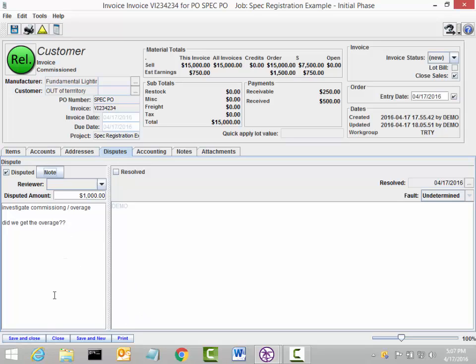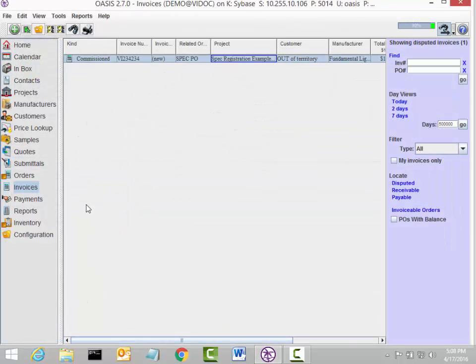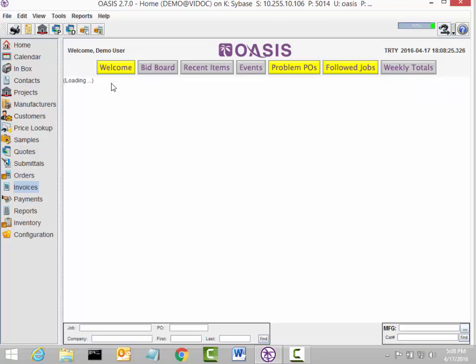The way I remove it off the list of disputed invoices, I click resolved and just identify why it was pulled off. Okay, and then whatever you want to put in there. Normally you'd go back to the PO and adjust it if we're wrong. Otherwise we keep it as is and ask for the money is really what we're supposed to do there. Save and close, and that is how you reconcile a